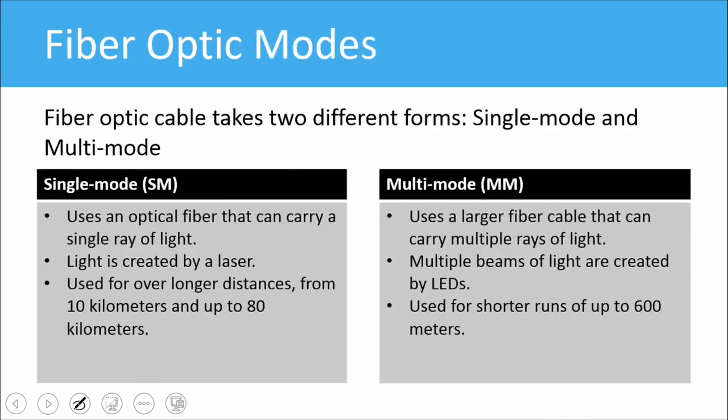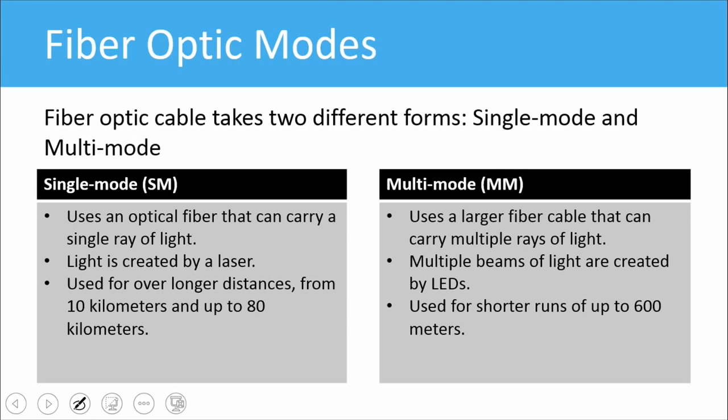All right, so there are a couple different modes with fiber optic cabling, and this can be a little confusing, so do make sure that you're paying close attention right now. There's single mode, and it actually just carries data through a single ray of light, and light in this instance is created by a laser. It's used for much, much longer distances, like 10 kilometers up to 80 kilometers, which is really, really far. This is the type of fiber optic cabling that's used to send data across oceans,